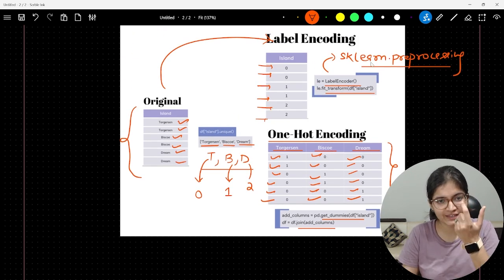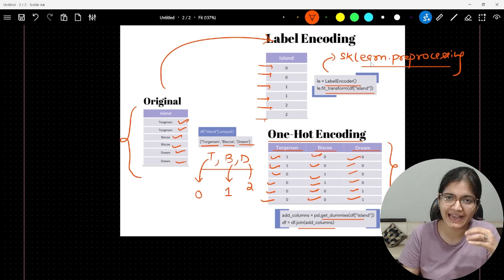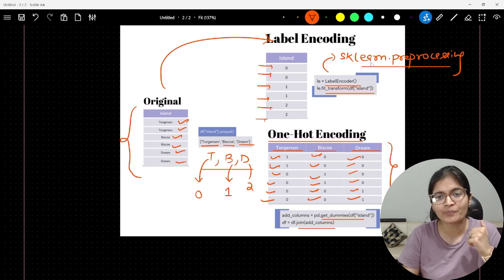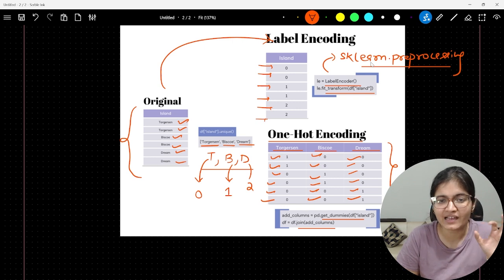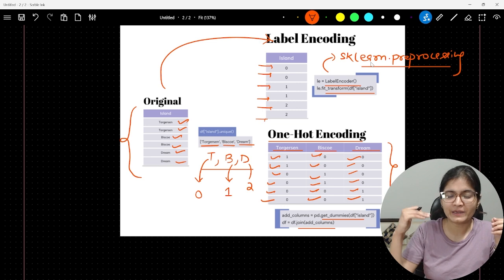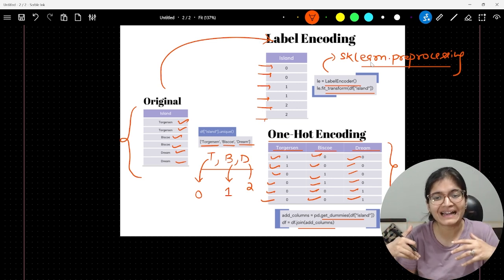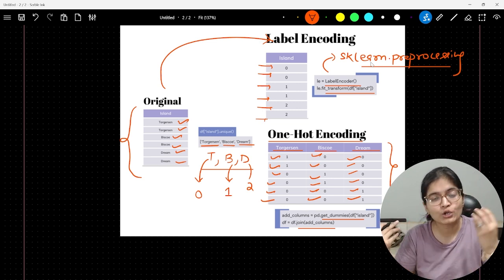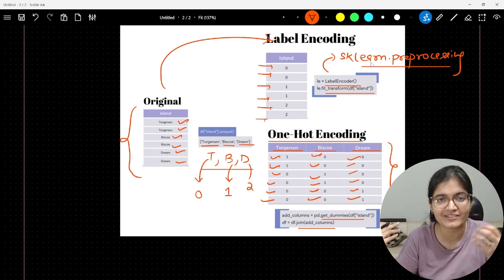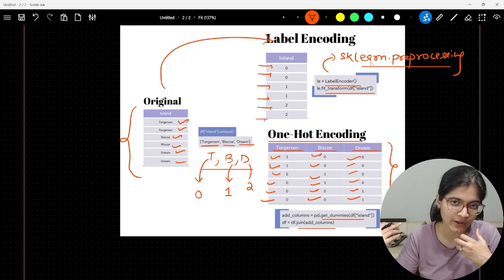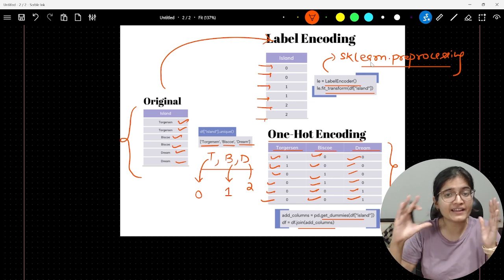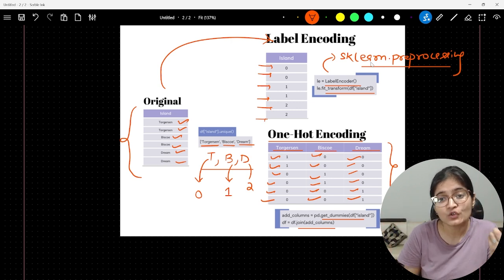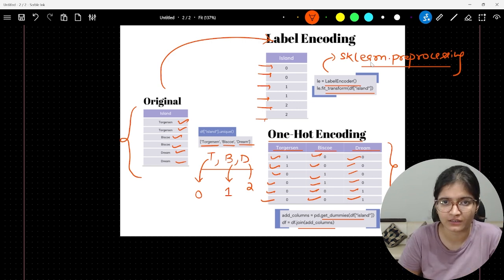In label encoding, within one specific column, for every category, we have separate labels 0, 1, and 2. Now, what is the issue? For example, these islands do not have any ranking. But with label encoding, it will provide the values 0, 1, and 2. So automatically, internally, our model will assume 2 has somehow a higher priority than 1, and 1 has a higher priority than 0. But this kind of ranking does not actually exist among islands. So for such scenarios, one-hot encoding is the best one, right? I hope you get the reason I'm trying to convey here.